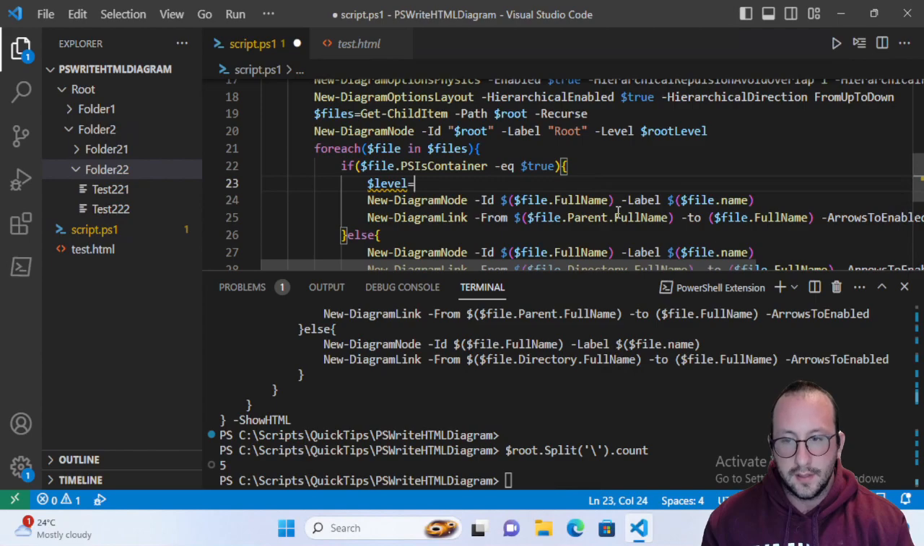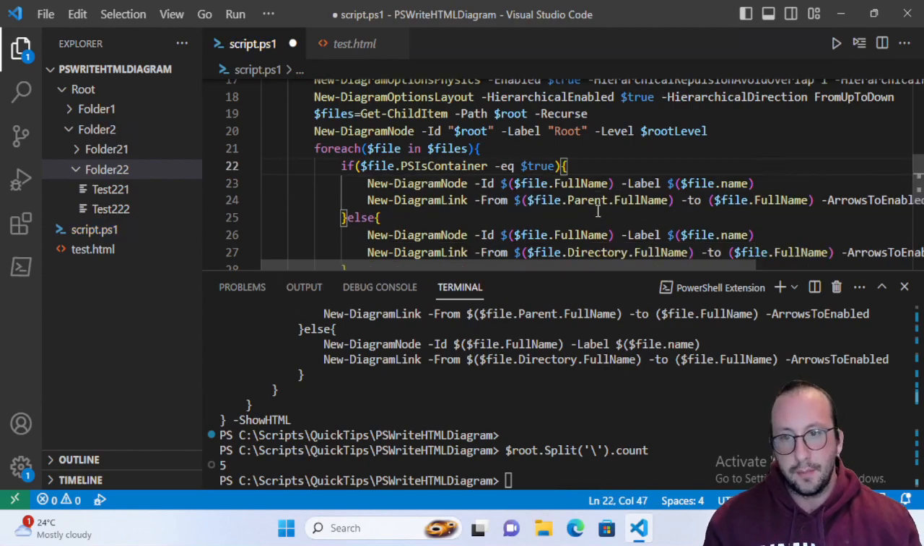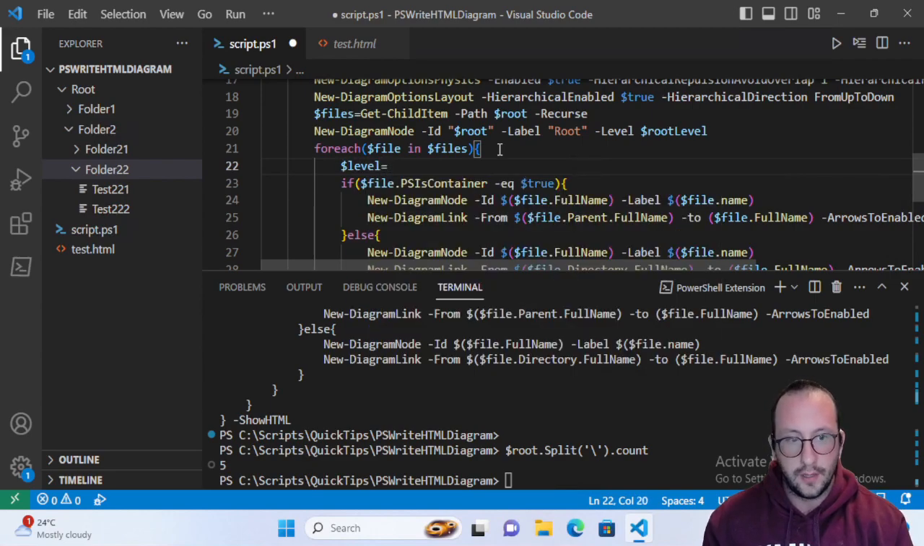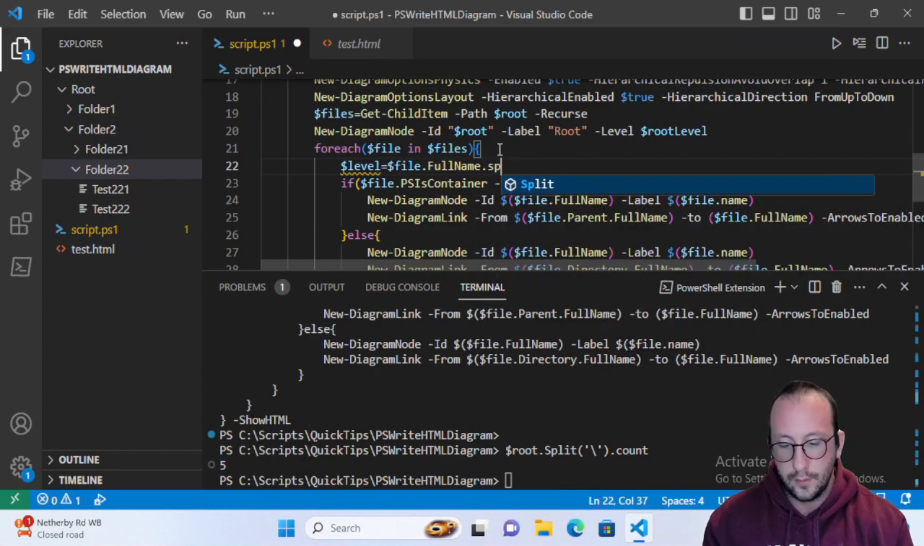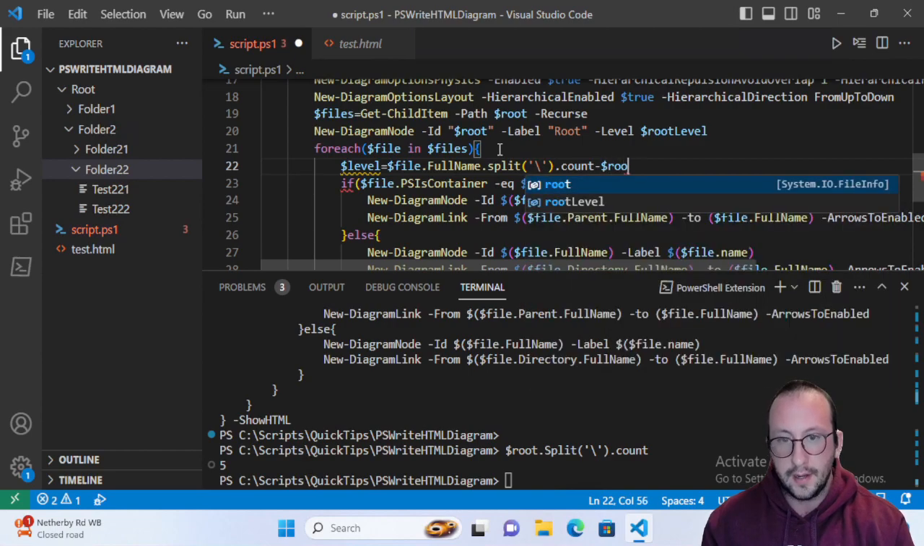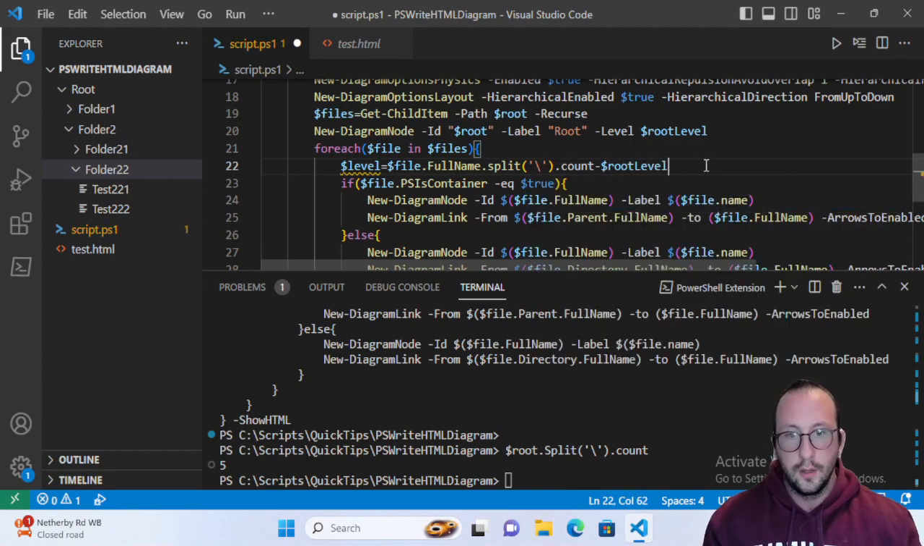And we're going to make this equal to the, so what we can actually do is instead of putting it inside the if statement here, instead of putting it twice, we can actually generate the variable here, put level equals the file dot full name dot split. And we're going to split once again on the backslashes count. And we're going to minus the root level. So this way we just get the difference between the root level